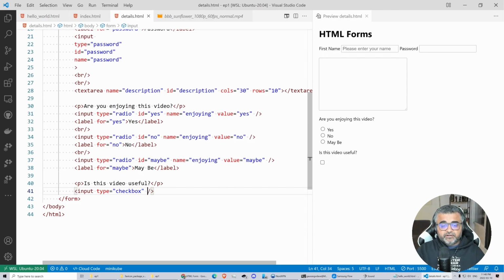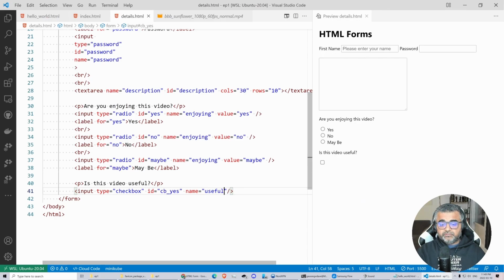And again, we'll add all the values. We'll say ID and we'll say CB underscore yes. Again, we want to make sure we don't add any spaces in ID or names, right? So we say CB underscore yes because even ID needs to be unique, right? We want to say name equal to